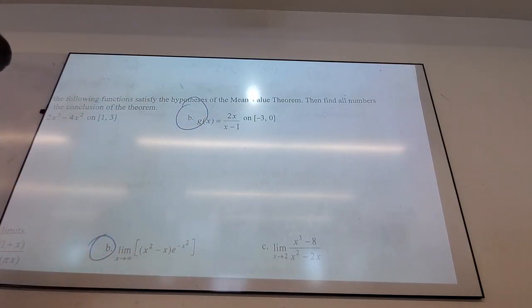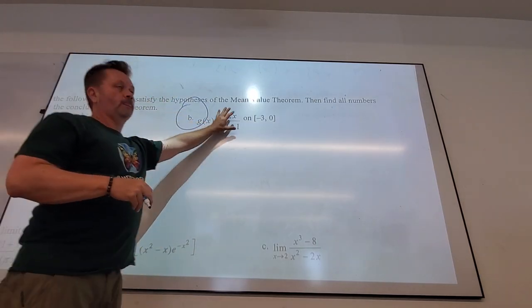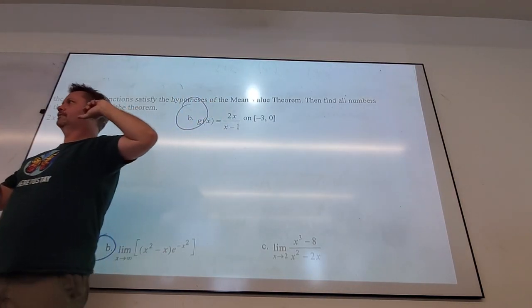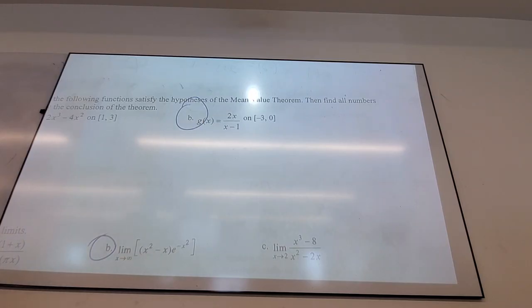What's the mean value theorem all about? You have to have continuous and differentiable. Okay. Does anyone remember anything about this kind of function? First off, what kind of function is this? Yes, and the way you piece this together is, isn't it a ratio of two polynomials? Yeah. So it's a rational function, because that's why we call them rational functions, because they're ratios. What do we know about rational functions? Are they continuous and differentiable everywhere? Yes, good. They're continuous and differentiable everywhere on their domain.